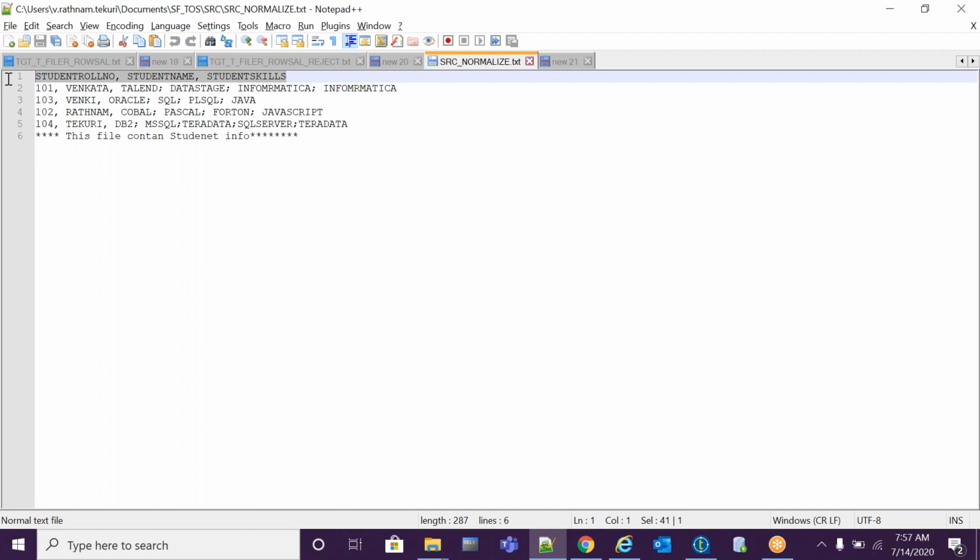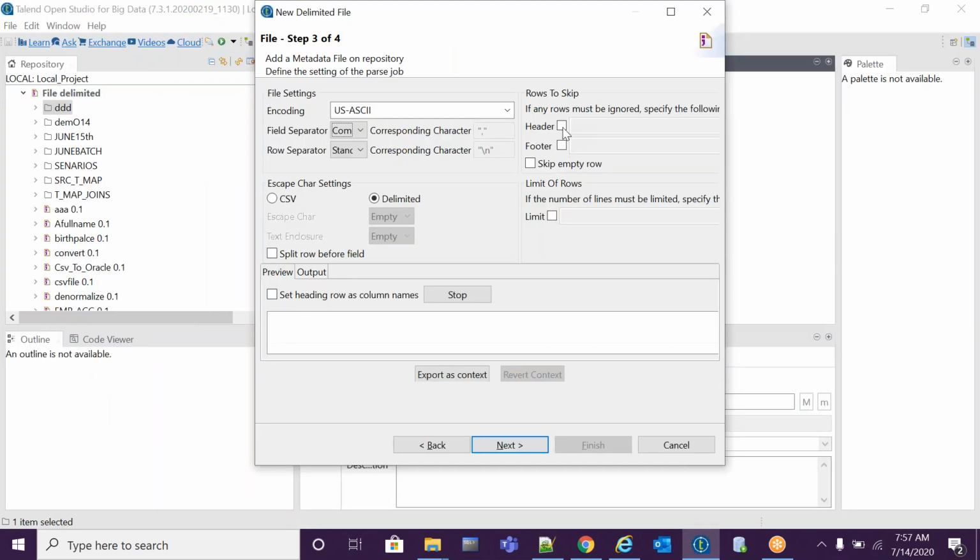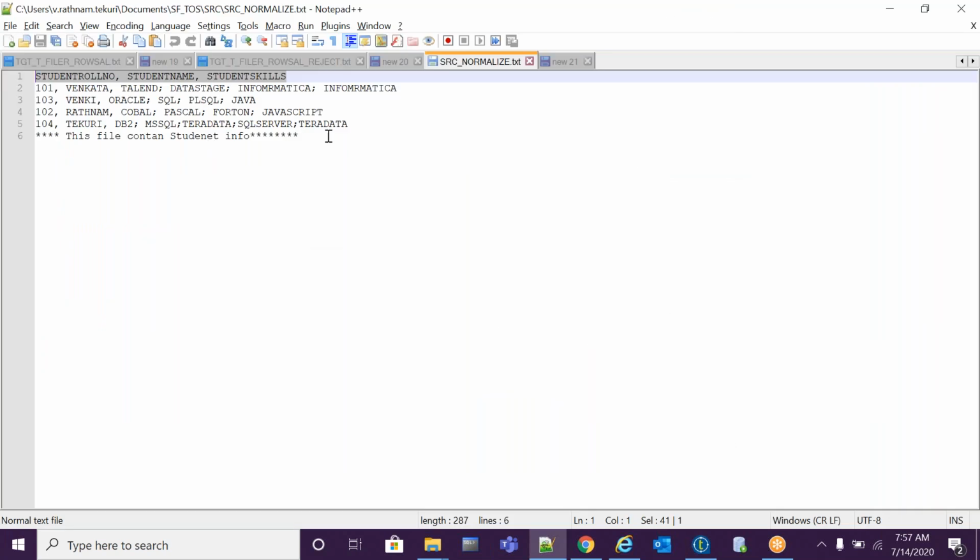I have a header, my first row is a header, so I have to set it as a header. By default the header option is disabled here, so I enable it: set heading row as column name. Please check this checkbox. I also have a footer in my last line, some extra student info.